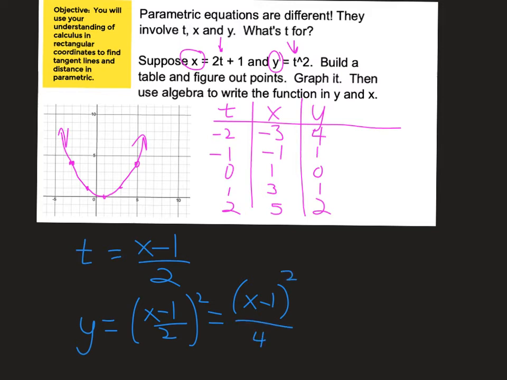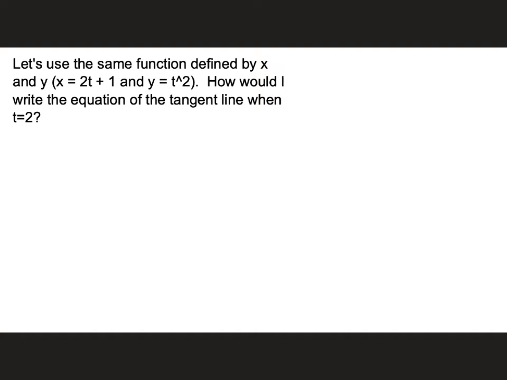So it's a parabola that's been shifted to the right 1. And then we have a vertical compression, I guess we'd think of it, factor 1/4. So it shrinks everything by 1/4. And I'm noticing that is incorrect. That should be a 4. Whoops. All right. How would I write the equation of the tangent line